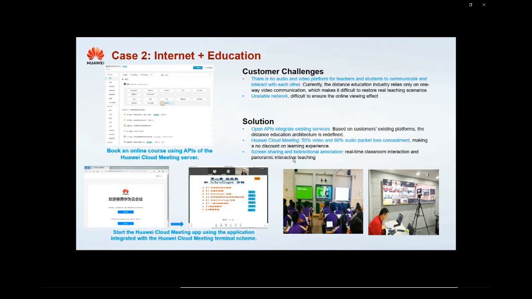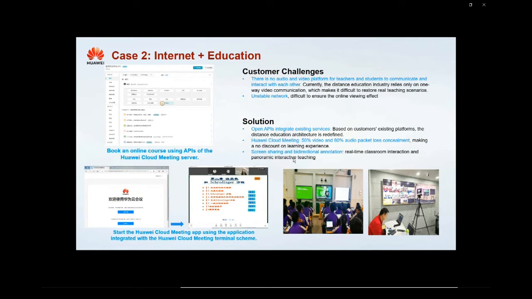In addition, the network environment is unstable, which makes it difficult to ensure the online viewing effect. Through the integration of open interfaces of Huawei Cloud Meeting and the customer platform, we redefine the distance education architecture.